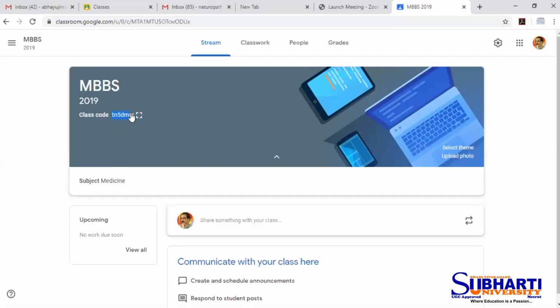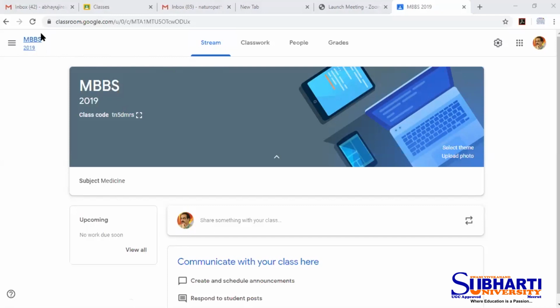As I showed in the beginning, there is a plus mark on the right hand side where you can either join a class or create a class. If one joins the class with this code, he will be able to see all the communications you have done in the Google Classroom.